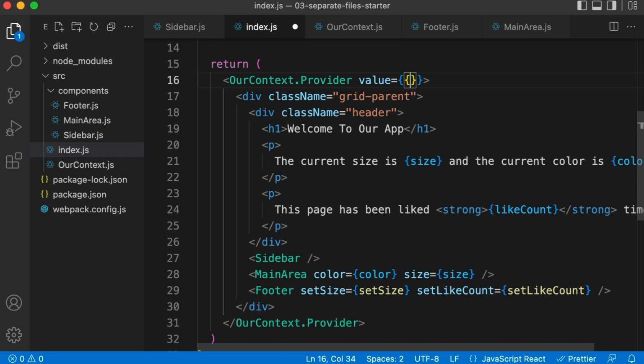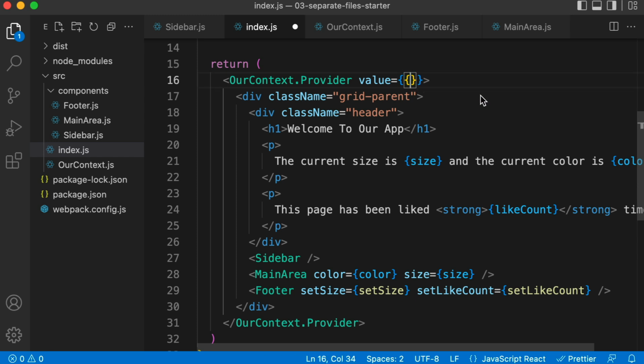Now, before we go on, I do want to say that there is a caveat in React regarding spelling out an object literal like this when you're working with a context provider. In certain situations, this can cause unnecessary re-renders. Don't worry, we'll talk about that a bit later in the video. We will address it, but for now, don't worry about it. So let's just spell